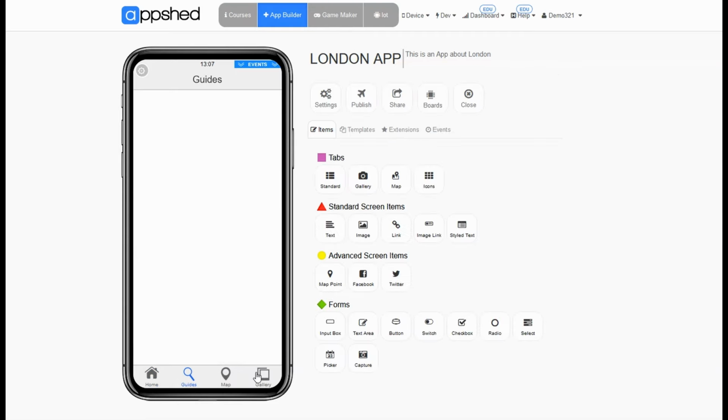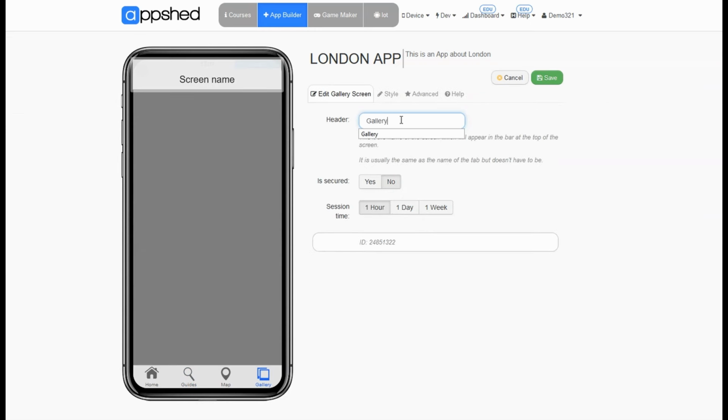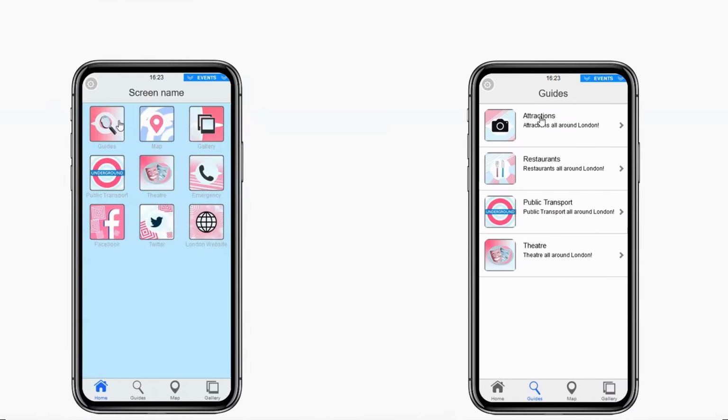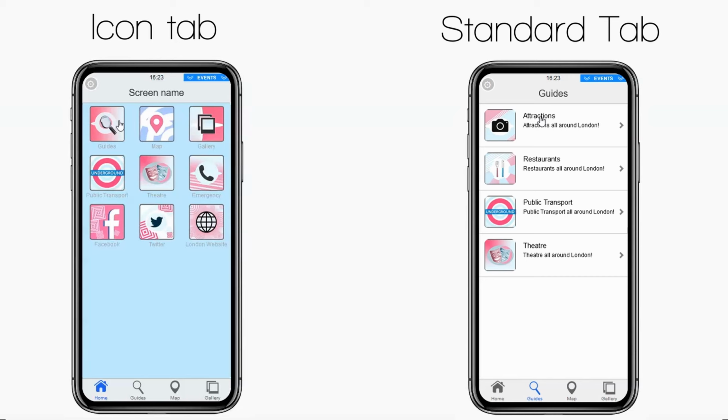Now the last thing we're going to do with tabs is we're just going to change the type that the home screen is. So right now the type of tab that the home screen is, is a standard tab. You may have seen that we added a map tab, we added a gallery tab. Those tabs have specific functions. What we want to add here for the home screen, because we want to make it a nice user experience, like a nice landing page, is to change it from a standard screen to an icon screen. Now a standard screen has more tools on it, more things we could use for it, but an icon screen lays the icons out in a grid, which is much nicer for a landing page